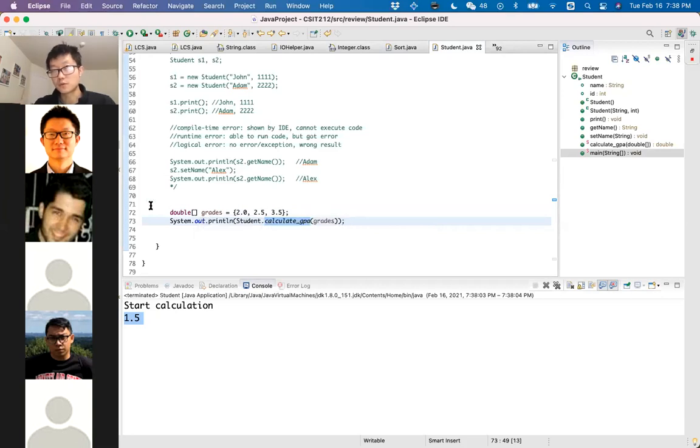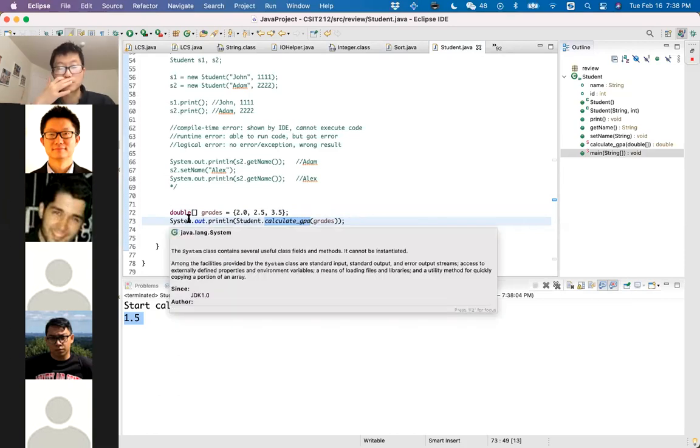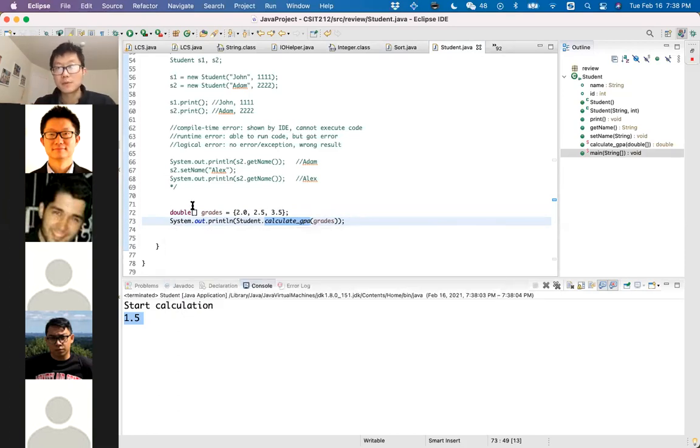So how are we going to go over the code and fix it? The best way to fix the code is to go over it step by step to see what the variables are, what the variable values are, so that we are able to know where the problem is. To execute the code step by step, on the left hand side, we can double click, and it will show a blue circle.